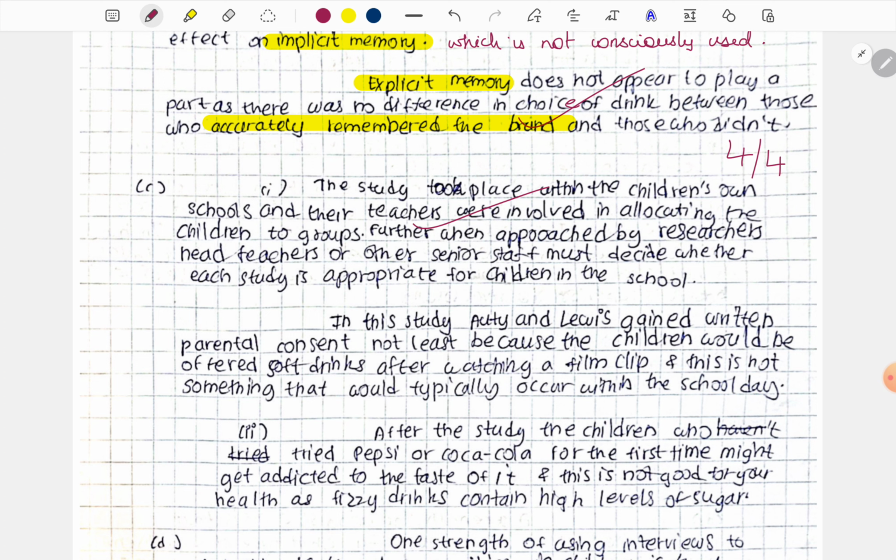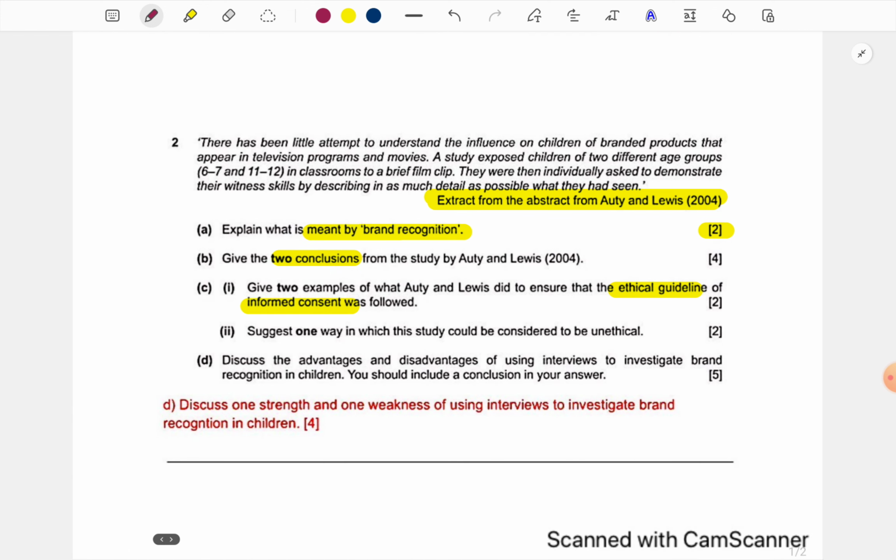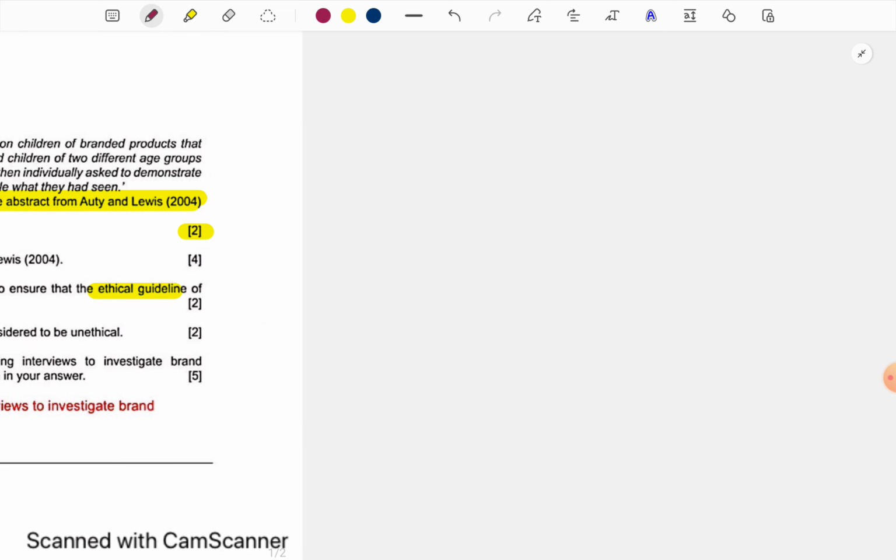Like here they were approached by the head teachers and other senior staff must have decided whether it's appropriate for children in the school. Again, what I want you to notice is the student does not just leave it at the teachers knew about the study, or some students will just write it took place in the campus of the school. She goes further to show her understanding,